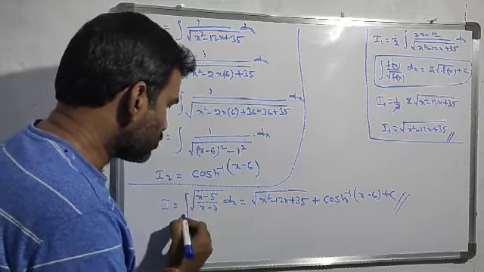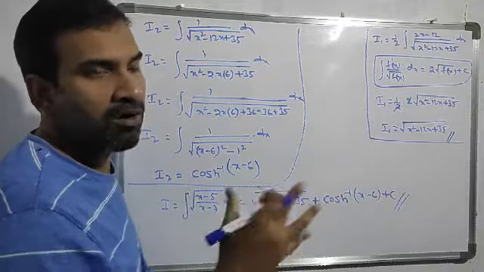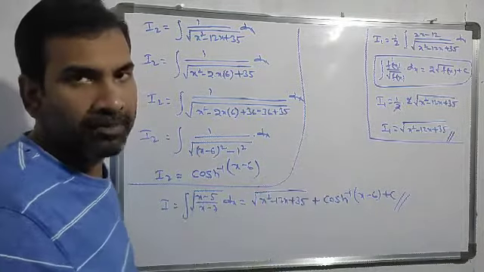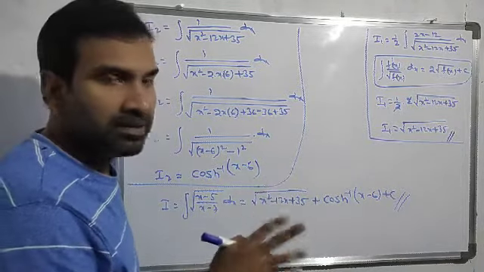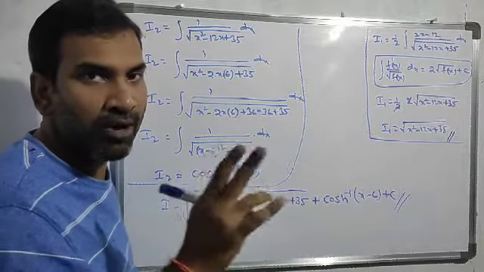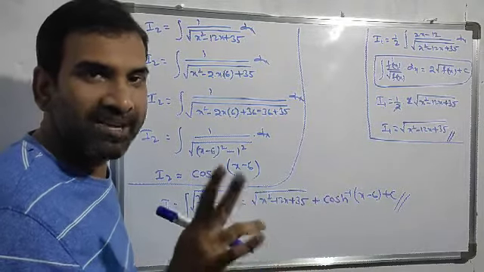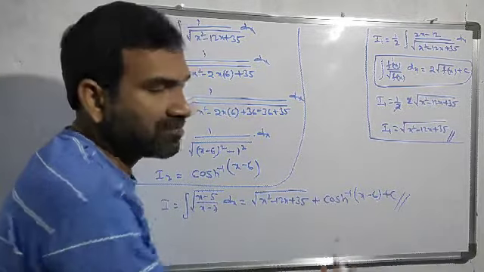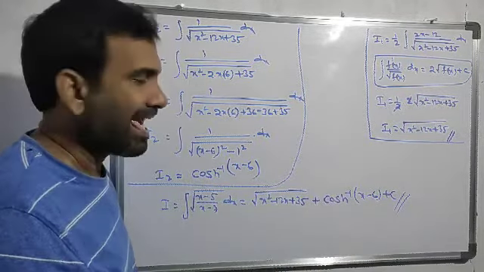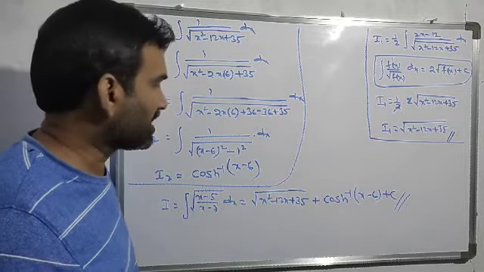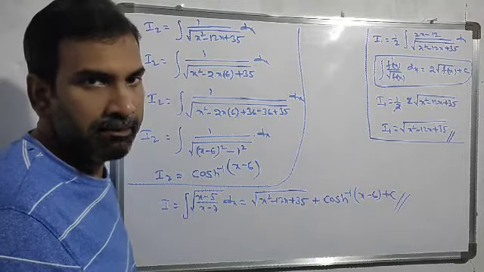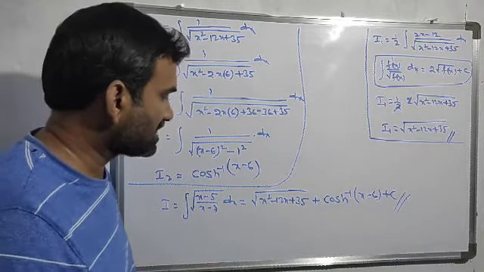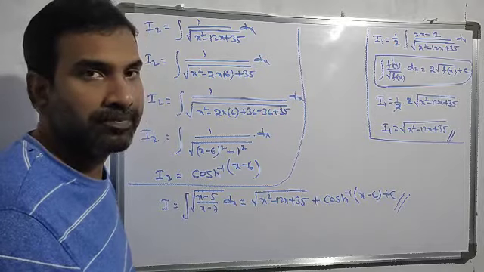In textbooks, if they have taken log of x plus, that formula, you can choose that formula. Don't worry about it. I have already given the two formulas. You can choose any one. Here I am taking cos h inverse, very simple, cos h inverse of x by a. In the place of x I have x minus 6, and the value of a is 1. So it is very simple. So this is our final solution.